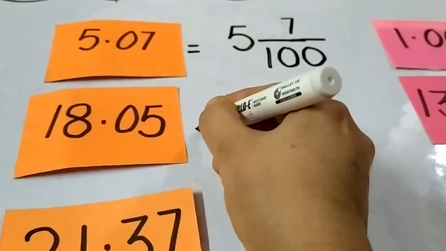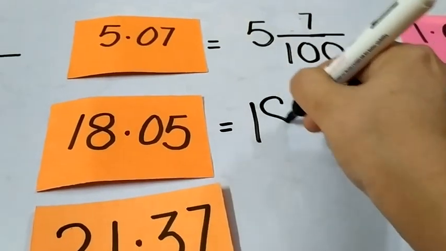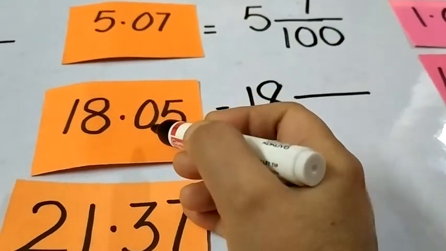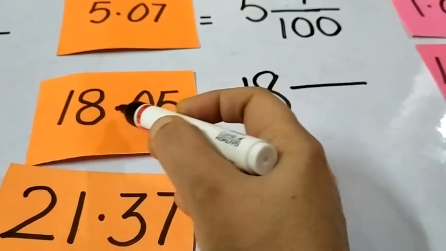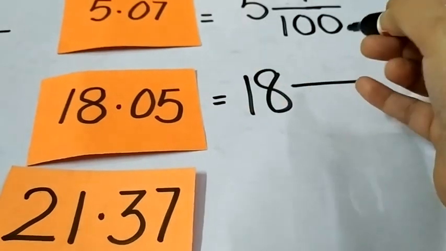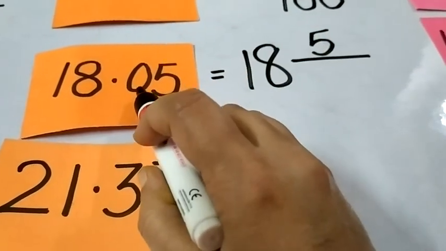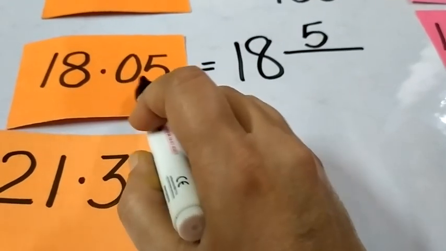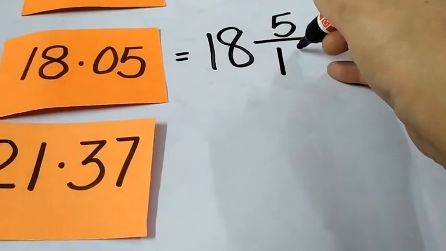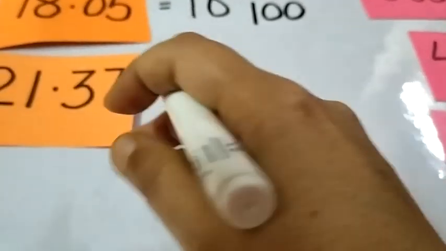Coming to this one, 18 is my whole number, so I'll simply write 18. Decimal means start writing the fraction number. So as I told you, when 0 is in the beginning near the decimal, there is no need to write the 0. We will simply write 5. And then we will count the places, names of the places. This is 10th place and this is 100th place. So my last place is 100th. So I'll write 100th. 5 out of 100. Coming to this one.